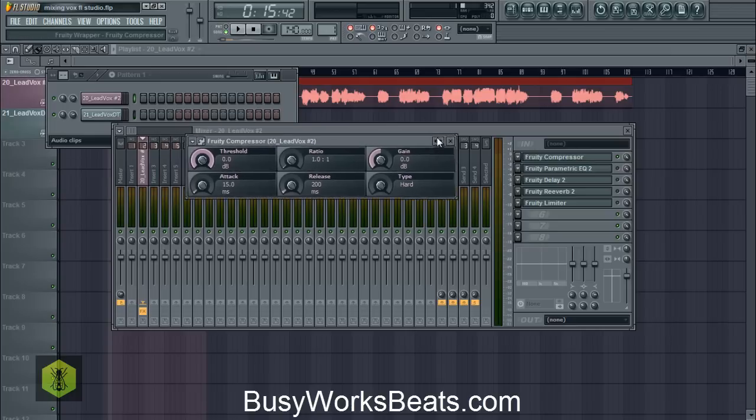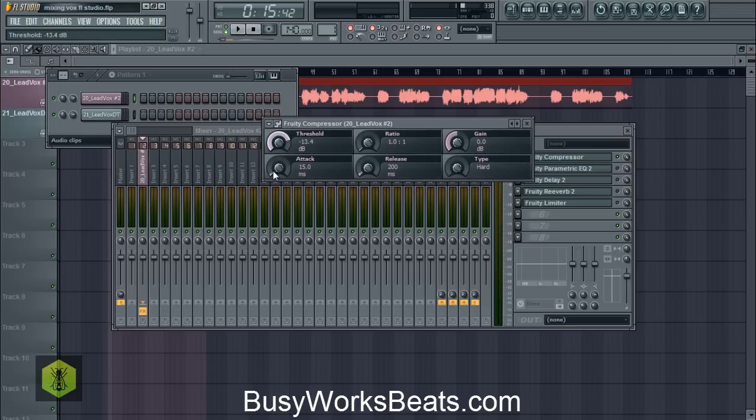So what we're going to do is actually just simply lower the threshold. And that's basically going to be a gateway. So any audio that passes that threshold or the gateway will be compressed. So we have to find a good spot where we can figure out a threshold. Generally, negative 20 dB is a good spot to start. It picks up almost every signal.